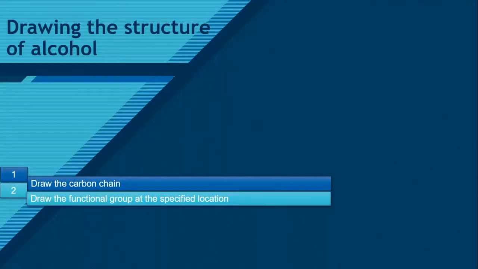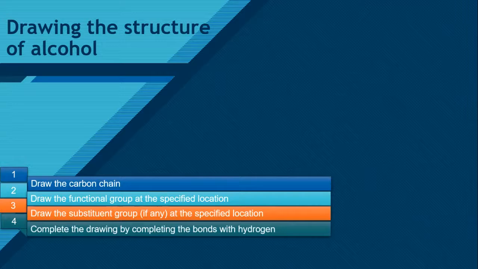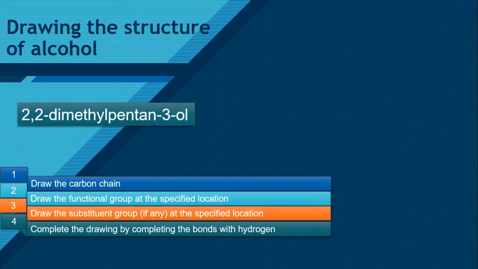Second step, draw the functional group at the specified location based on the name. Then draw the substituent group, if any, in the specified location. And the last step, complete the drawing by completing the bonds with hydrogen. For example, here we have